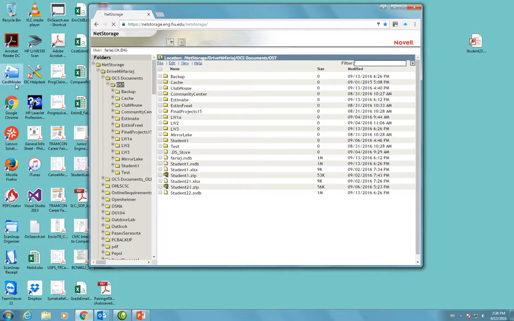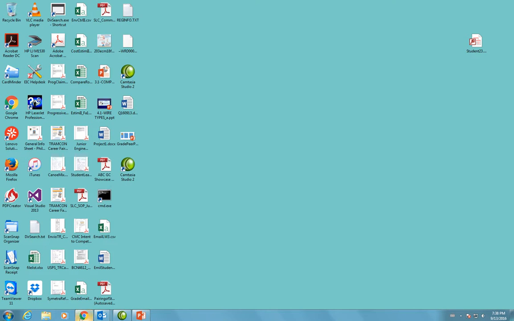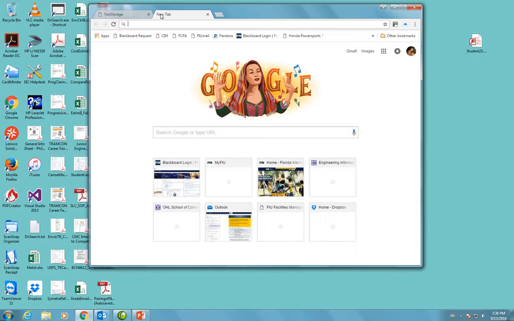So it will upload the student 23 database into my OST directory inside net storage. To see that this has been successfully completed, I will open a Citrix